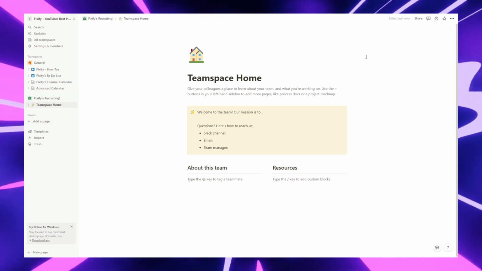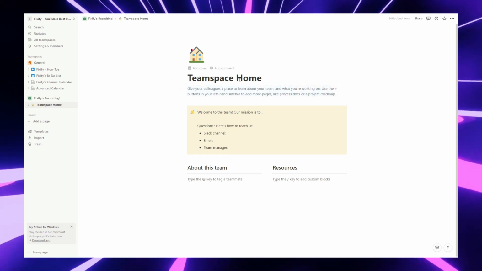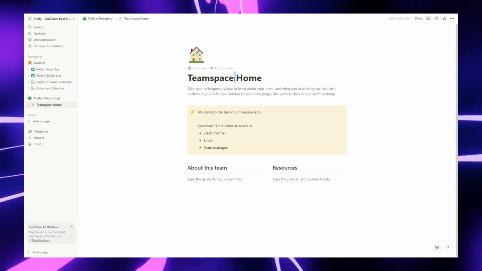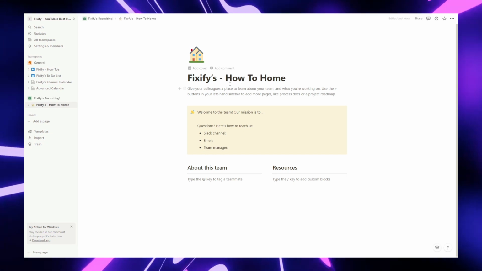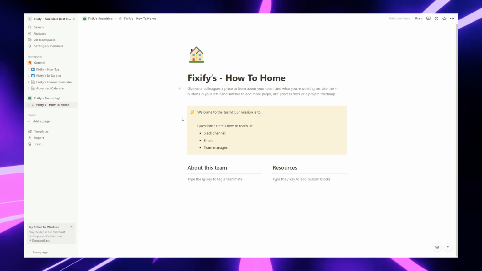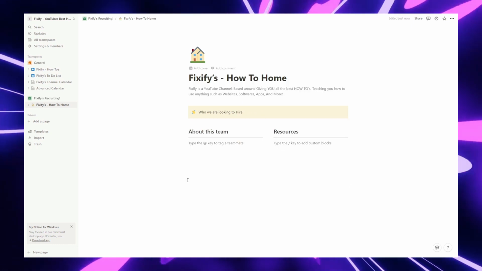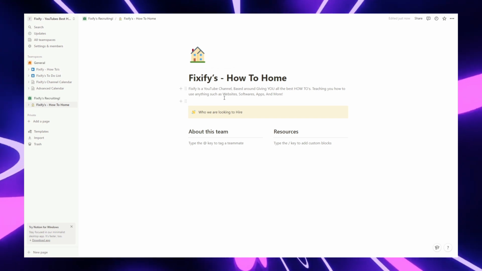Now this is going to be the launch screen. You can see right here it says team space home. We're going to want to edit that and change it to Fixify's how-to home. Same thing, we're going to customize everything specifically. You want to come over here and change up the description. And here you go. Now you can see we changed it to Fixify's how-to home, and then we put a